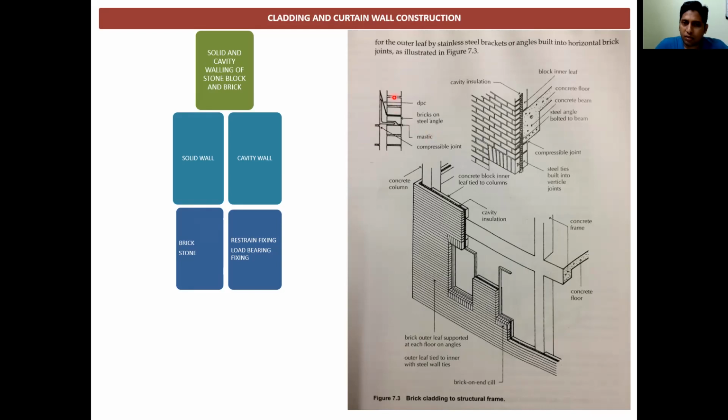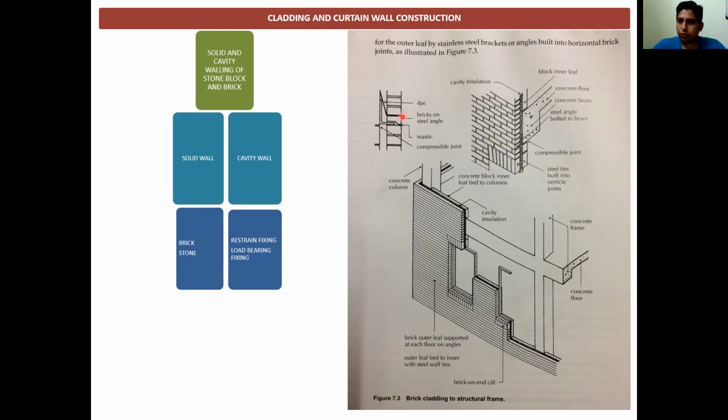This is the number of bricks which are arranged one over another, but in section, this kind of clamps are fitted, and these gaps are filled with mastics. This additional layer of damp-proof course, DPC, is laid. So how this cladding will be protected from the weathering, protected from the rainwater and the climate change is also taken into consideration. So this way, brick cladding, stone cladding, and tile cladding is performed in the building.